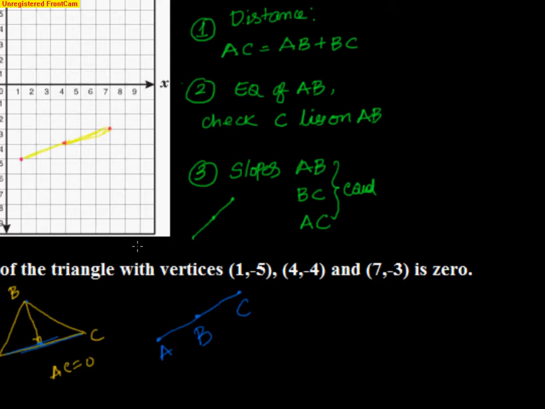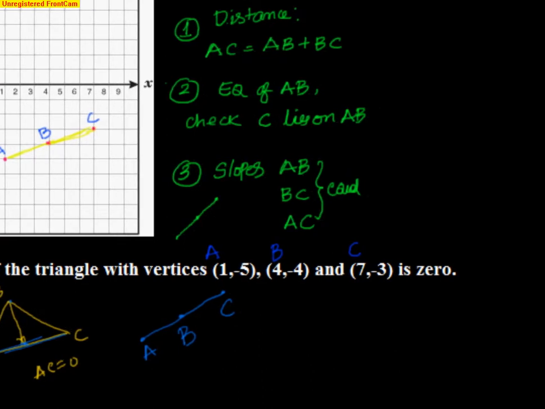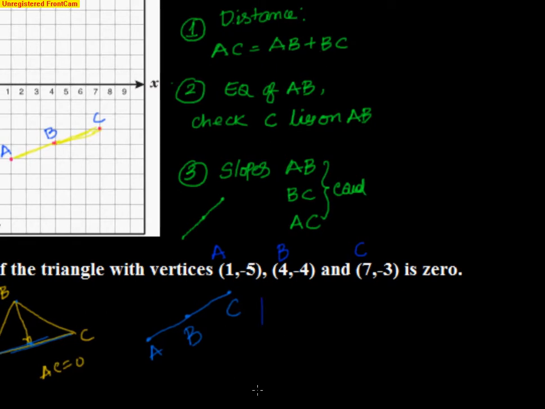Now let's try to prove the same thing, right? Let me say this as A, this is B and this is C. A is nothing but 1, minus 5 and B is nothing but 4, minus 4 and C is nothing but 7, minus 3. Okay, right. Now we will do first the distance formula, then we will do slope, then we will do the equation of straight line here. Okay, right. So first let's calculate all the slopes one after other, right? Okay, slopes, right? Let me put it here, slopes.